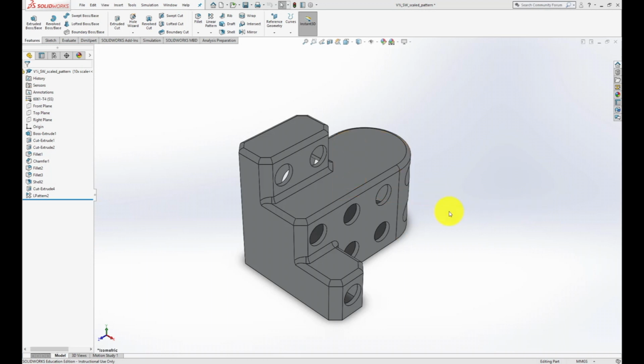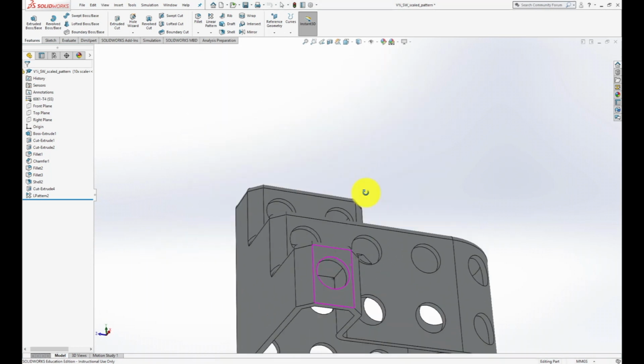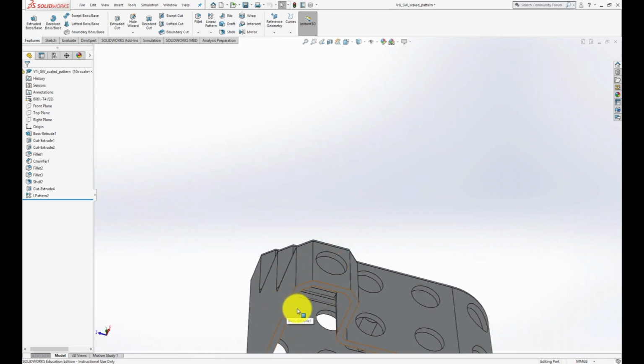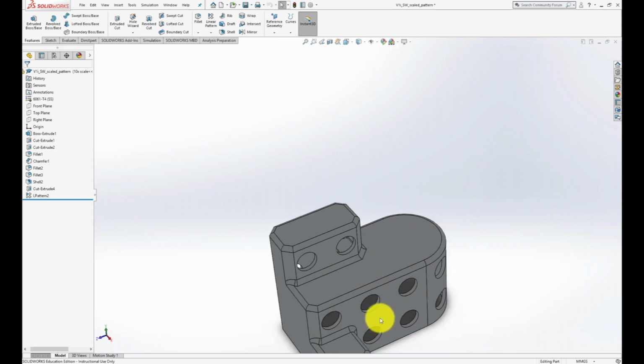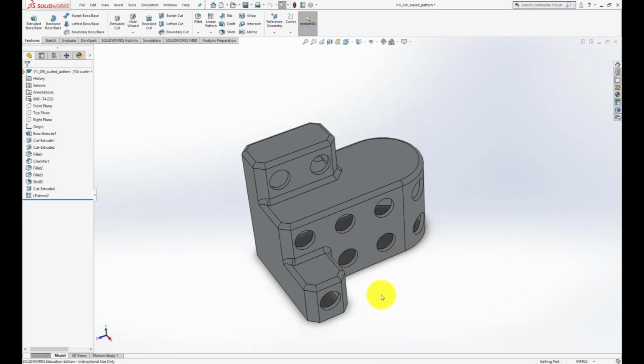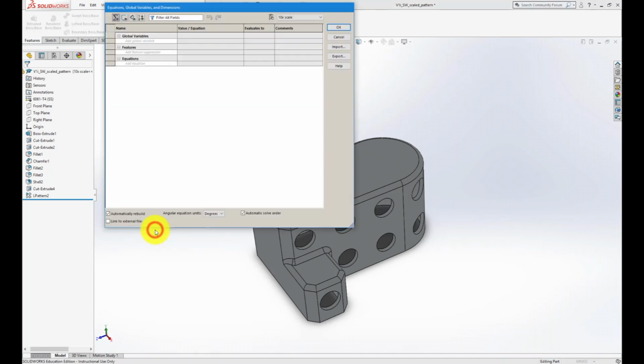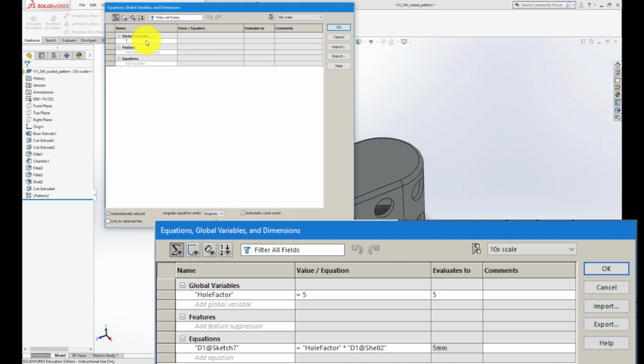All right, in this video I want to spend a little bit of time talking about equations, which is a way of linking certain parameters and features, such as the thickness of this part to the diameter of those holes. We're going to use equations for that. So we can go to the equations tab as shown there, and as we start to work through the equations,